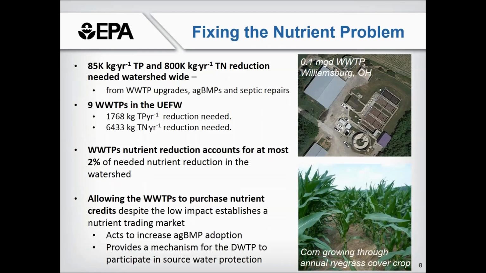Based on our targets, we need a watershed-wide reduction of 85,000 kilograms per year of phosphorus and 800,000 kilograms per year for total nitrogen. In the upper watershed, that can only come from wastewater treatment plant upgrades, agricultural best management practices, and/or septic repairs. We can estimate what the load reduction requirements are for each of the wastewater treatment plants in the upper watershed. There are 9 of them, and collectively 1,768 kilograms of phosphorus and 6,433 kilograms of nitrogen reduction would be needed